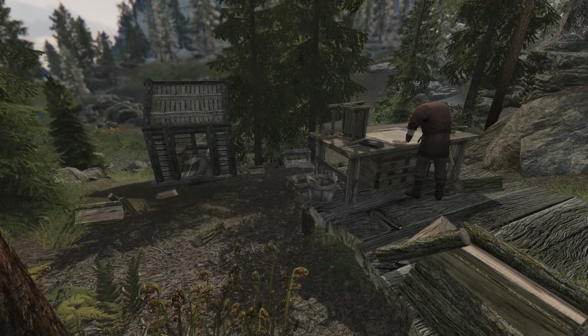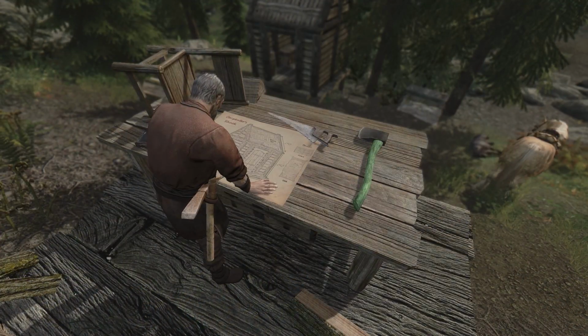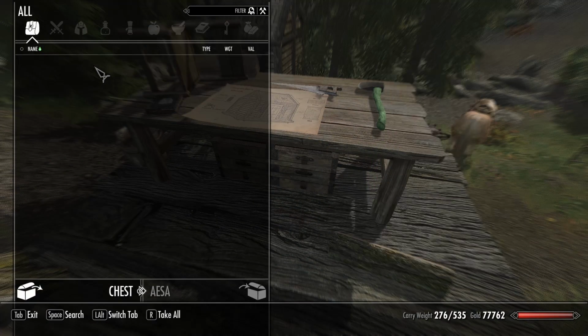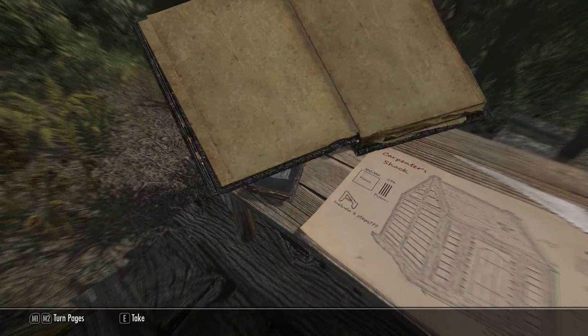To get started, you have two options. If you're starting a new playthrough, then you'll stumble upon a carpenter's shack just after you escape Helgen. It'll have absolutely everything you need to get started. In the chest there's a starter kit that'll act as your first player home. On top of that there's some extra tools like a destruction axe, a move spell, and a guide that'll explain